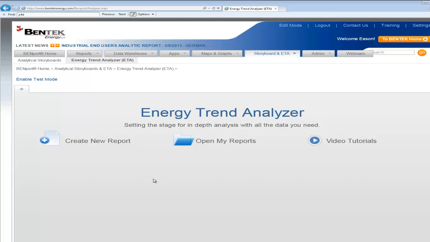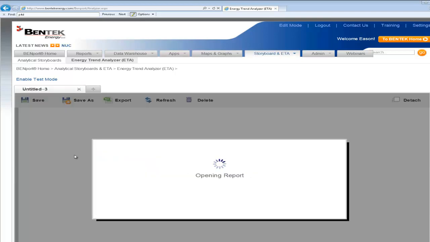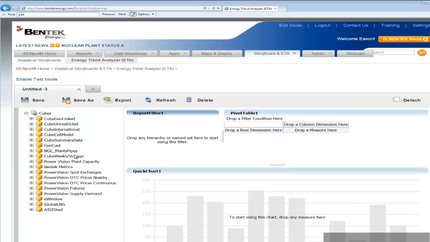Basic functions. When you decide to start making your own reports using the steel data, the first thing you want to do is hit this Create New Report button. What that does is start a completely empty report with the cubes you subscribe to showing up on the left. So you can see here down on the bottom, this is the steel cube, which is what you'll be working